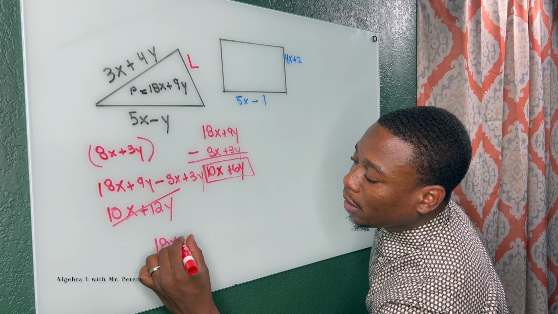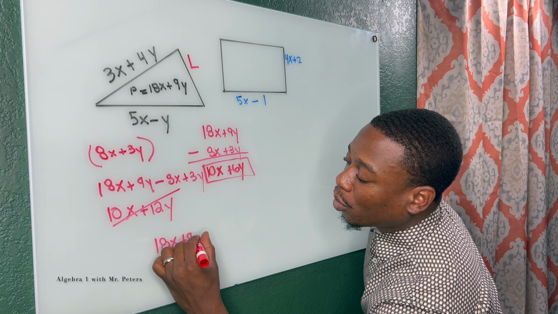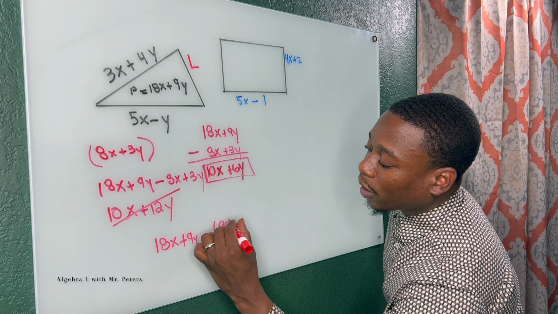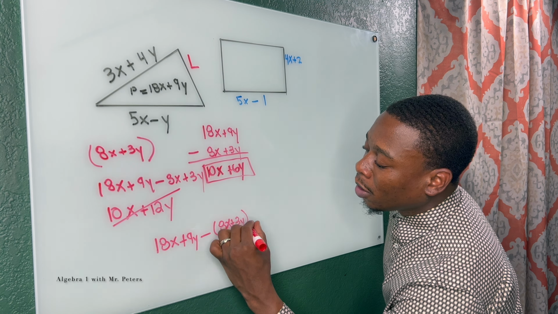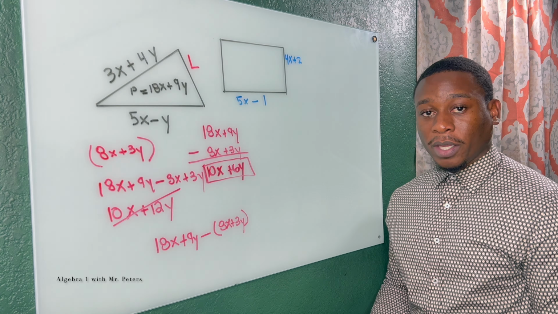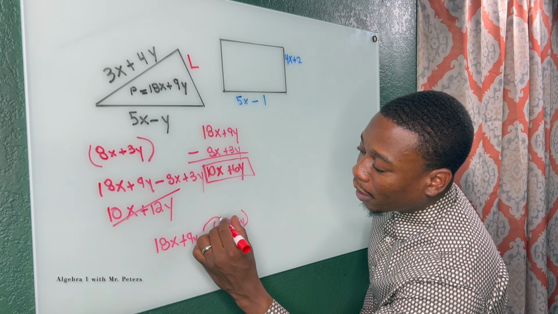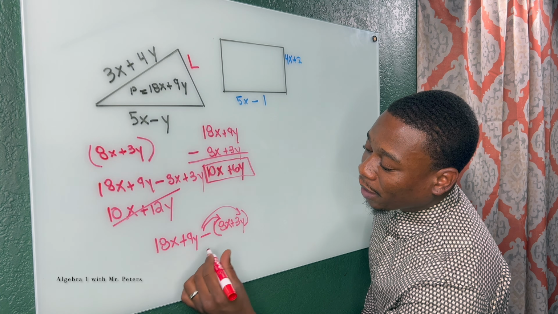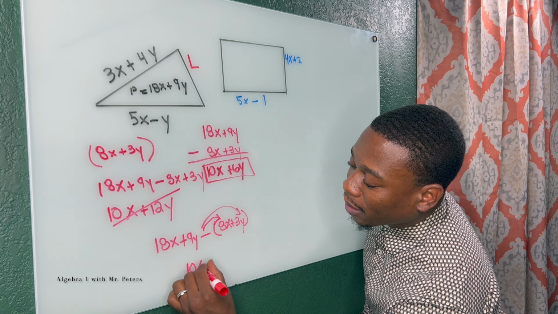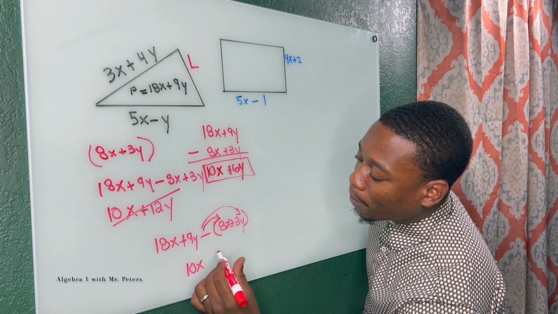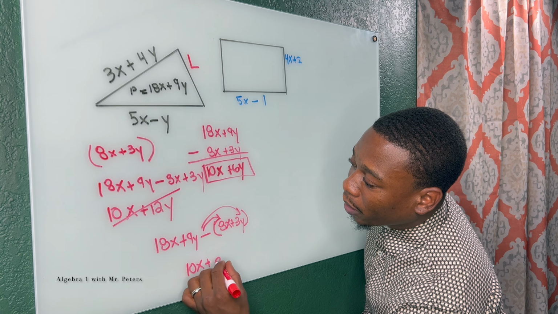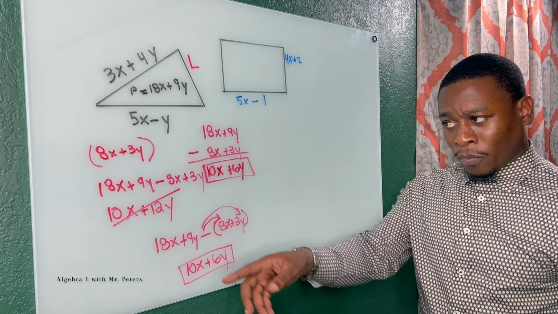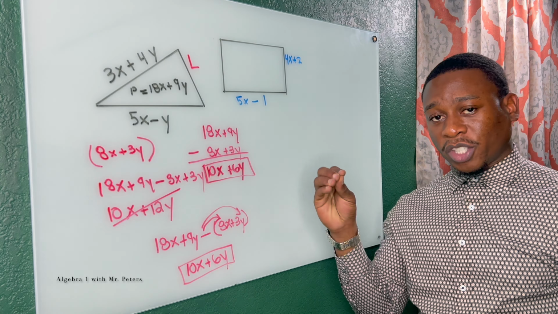So we have 18x plus 9y minus, and then we put that entire expression inside parentheses because we're subtracting the whole thing. So now this sign change affects both terms. So 18x minus 8x is going to give me that 10x, and 9y minus 3y is going to give me that positive 6y. So please make sure that you don't do this first method because you're going to get it